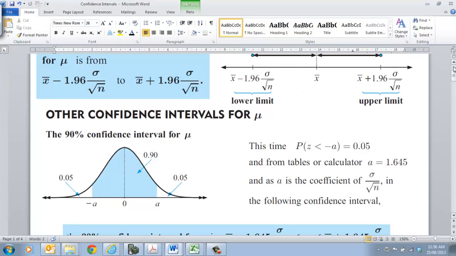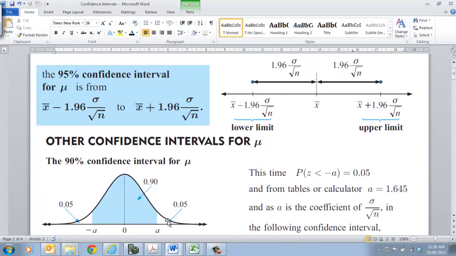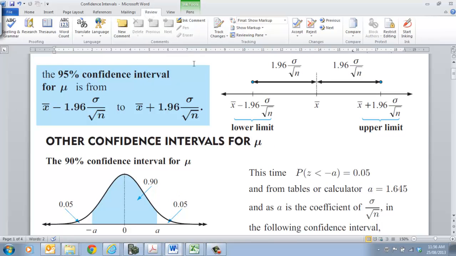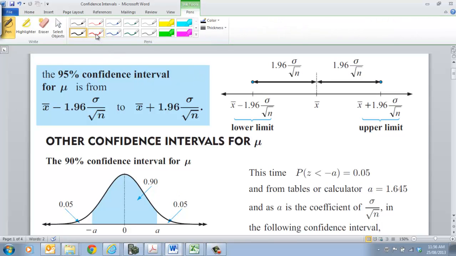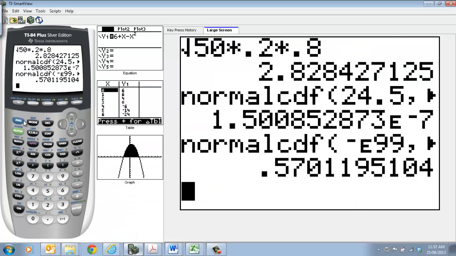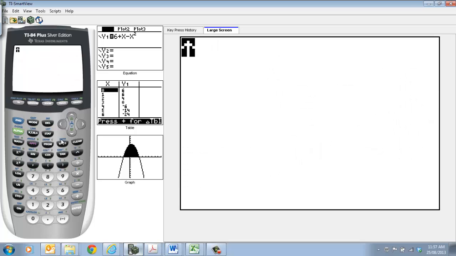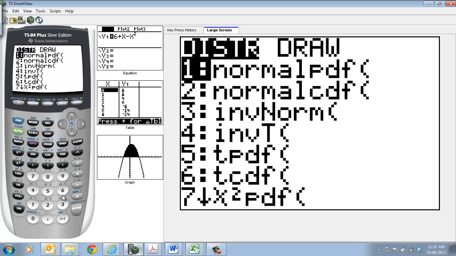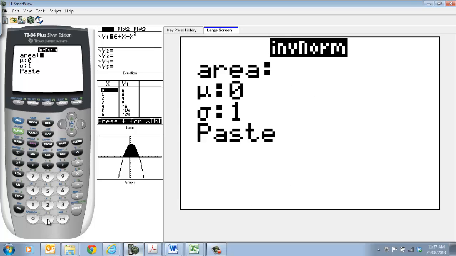So if I was looking at the 95% confidence interval, when I was looking at this example here, what I'd need to consider would be that the area on either side, this one's done for 90%, this area would be 2.5%, which would be 0.025, wouldn't it? Okay, so if I'm now going to my calculator and I want to work out what that z value is, what I need to do is go to my distribution, down to number 3. Now, if I put my value there, the top and the bottom, if I was to do the bottom first, that's probably the easiest one, so that would be